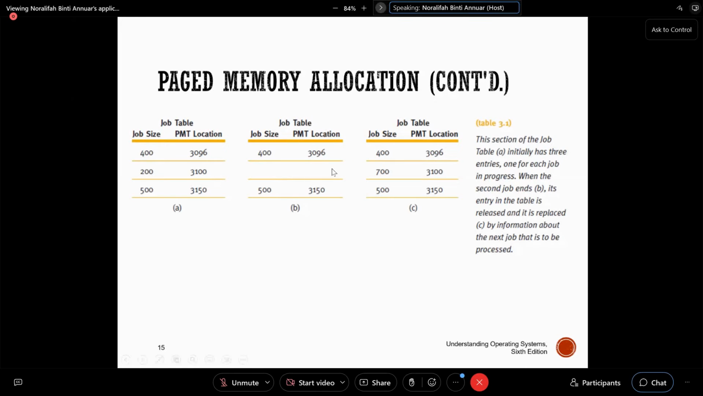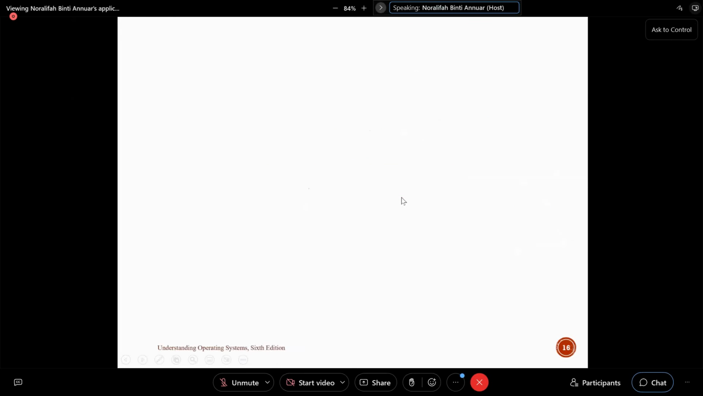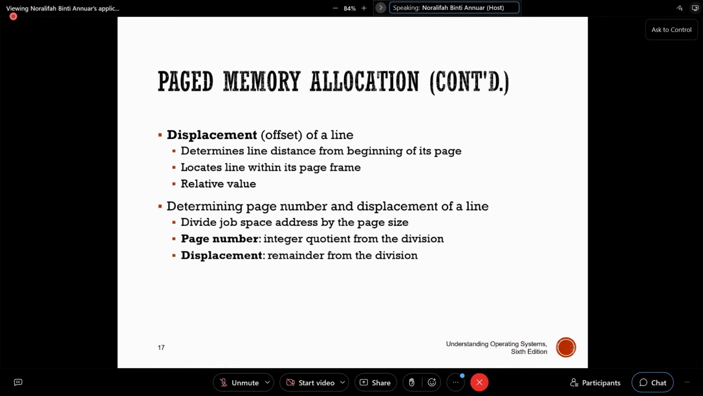So the new job will be loaded with the job size 700 using the same address. Ini senang je lah. To show you what it looks like when the job is removed from the frame and the new job loaded into the frame. Okay. Yang mana dia? Kosong ni. Okay. So, okay, the displacement is a relative distance from the beginning of the page,